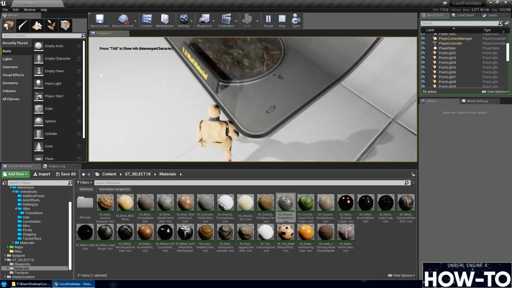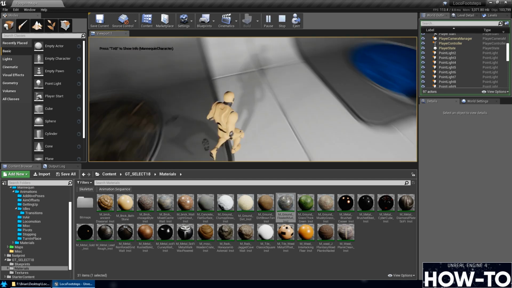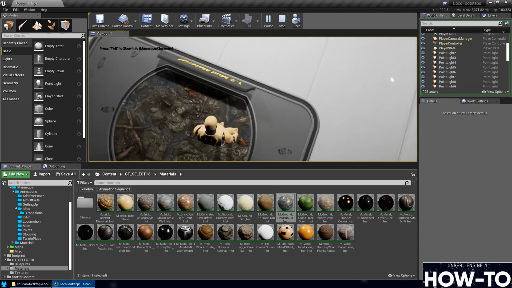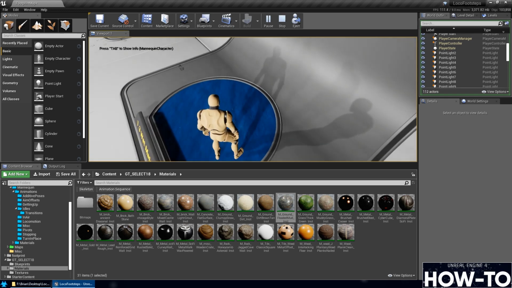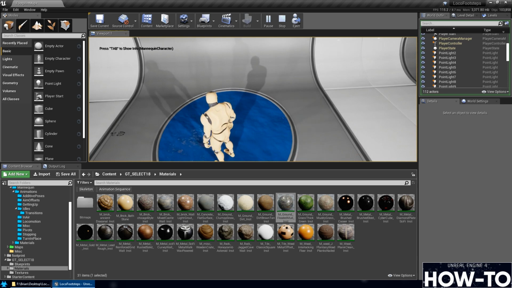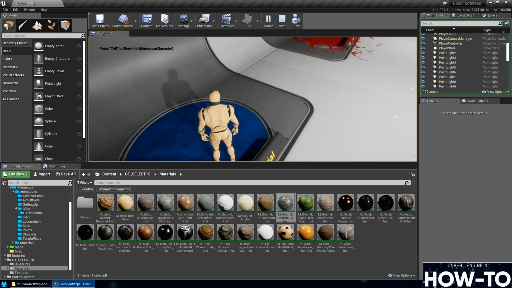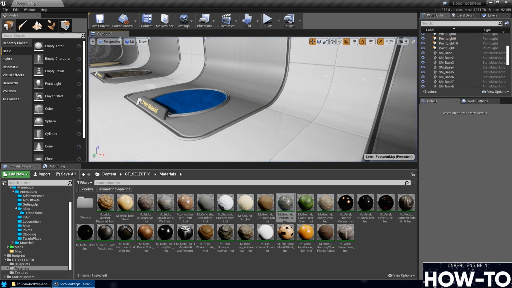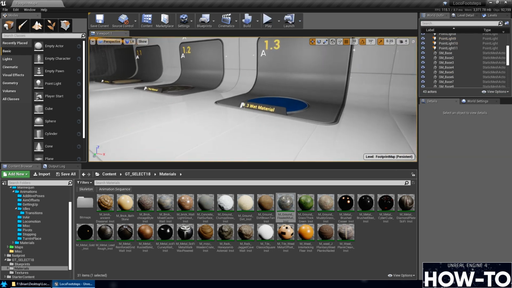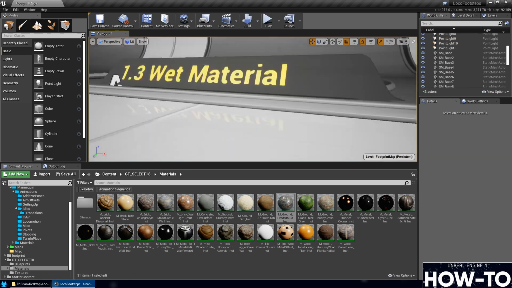But we swapped out the material and it still seems to be leaving proper marks on the material. Also, here you can see the wet. It will not show footprints because when you're in water, it's not going to show footprints. So, all right, now let's go through and start changing out some of the sounds, and we'll also add